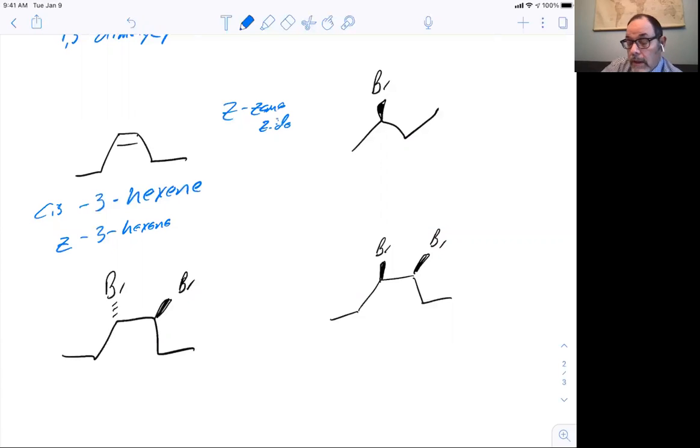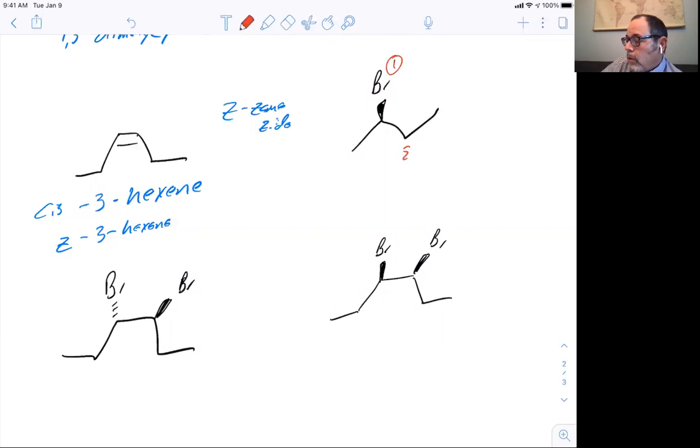So if you ever see E and Z, Z is same side, E is opposite. Okay, so cis-3-hexene. For the bromide here, 1 is going to be the bromine,